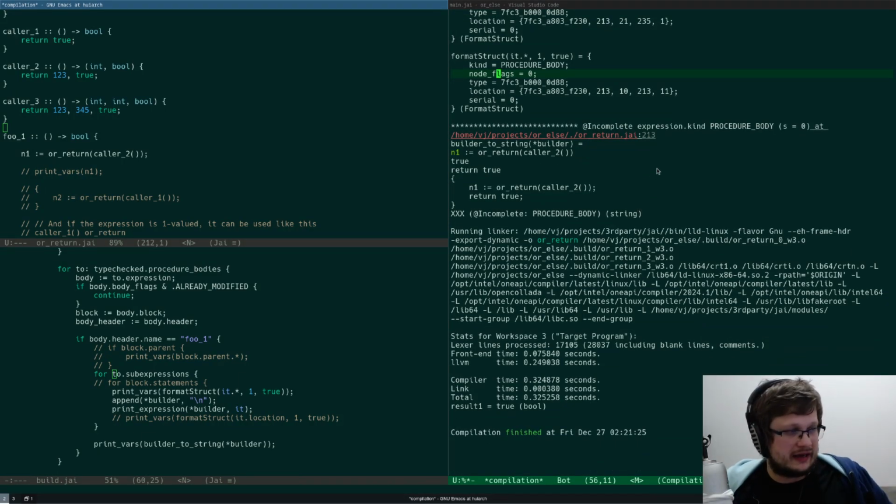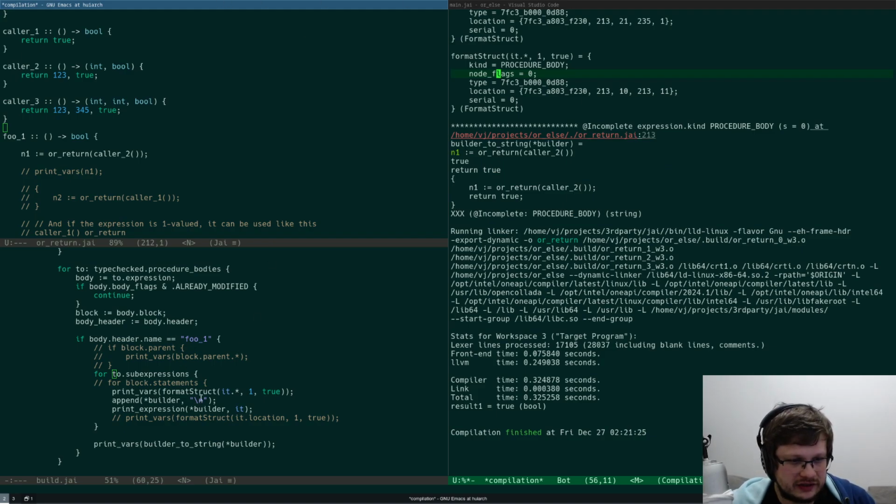So I guess I need to recurse down and hunt for these procedure calls. How can I do that? I know how to do it. I literally know how to do it.